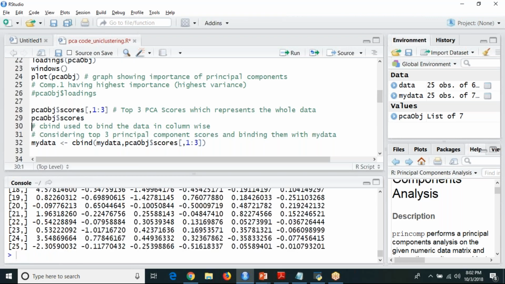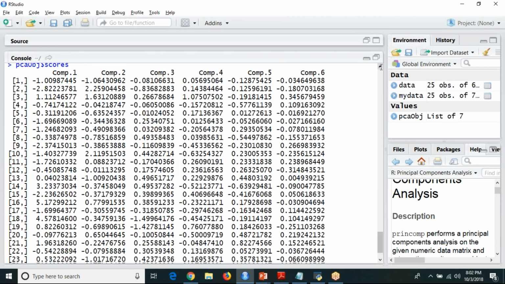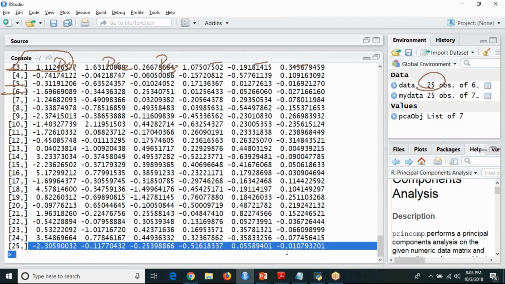See here, PCA OBJ dollar scores, you have run it. You come to know it is PC1, PC2, PC3, PC4, 5, 6 for all the 25 universities. The first row displays the first university, the second one the second university. Like that, for all the 25 universities, your PCs have been generated.